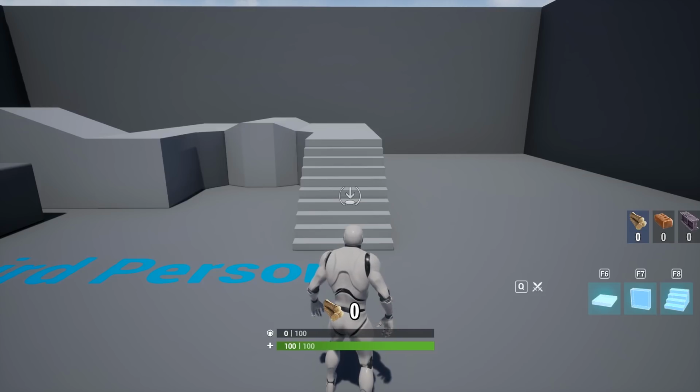In the next one, we will expand the functionality of our building manager so that we can actually select buildings and also place them in our world and make them line up perfectly using an invisible grid.